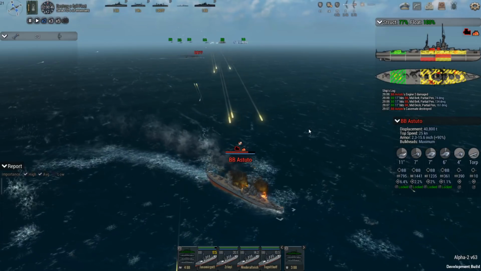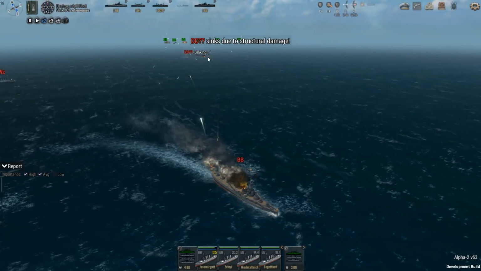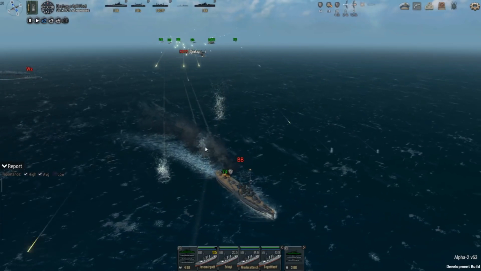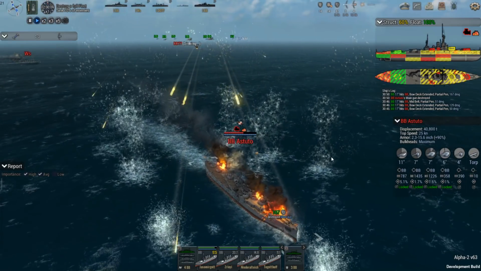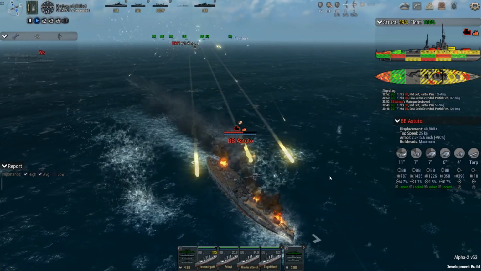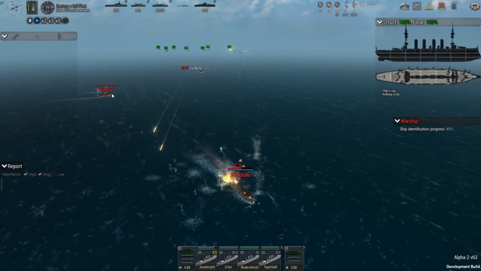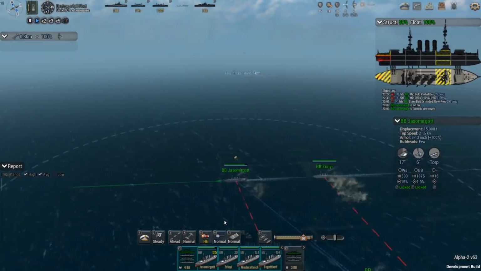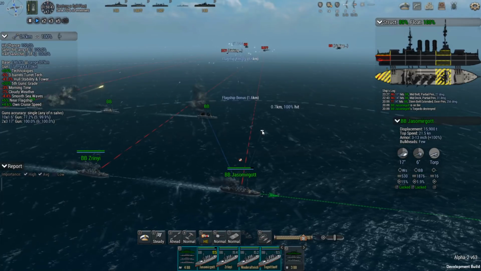Lovely. There goes the destroyer up front. I want to see what's going on over here. We do have a couple of ships firing on them. Let me go back and take a look at my fleet for a minute. Just kind of see where we're at in terms of the angles. I want to make sure. I know that,